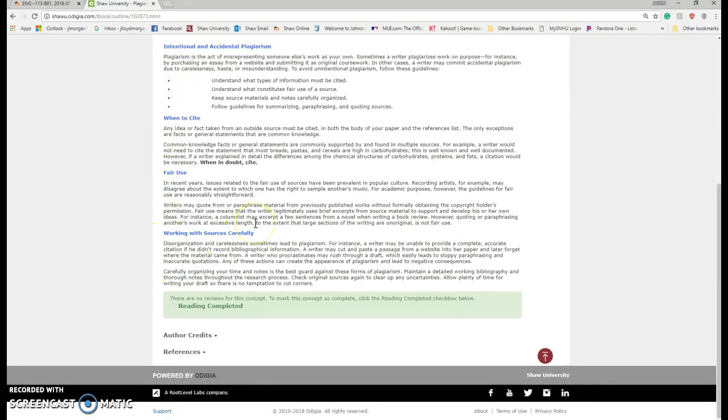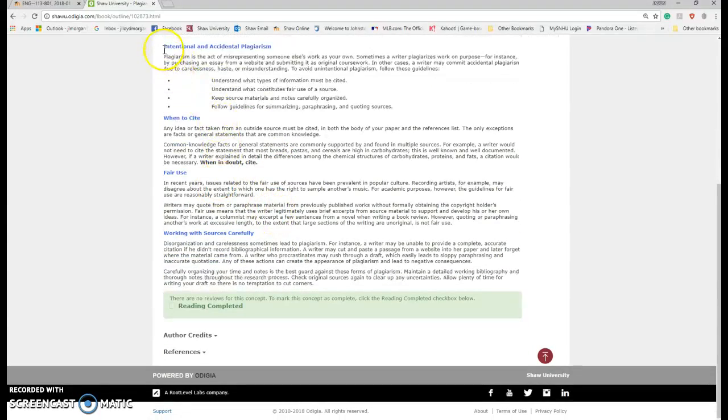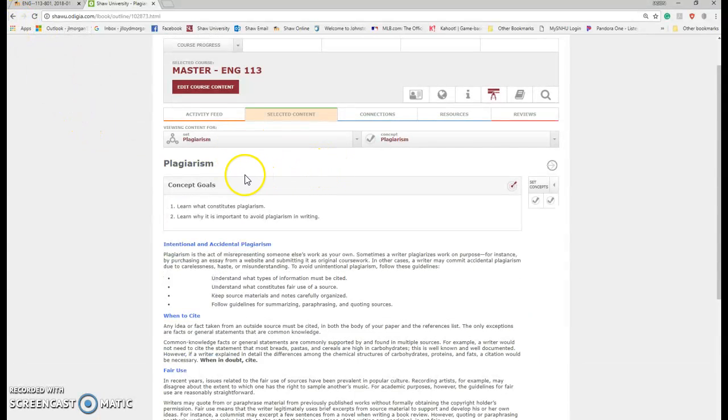For your own help, when you're done reading this, you can click on this, and it'll just kind of bookmark for you that you've gotten that completed. Again, you might think, oh, I can just click on this and he'll think that I've read it. No, you need to understand this stuff. So read through it, and make sure that you fully understand how to avoid plagiarism. Then in the main section of plagiarism, there's 2 things. There's this reading, and then the next part is a video.